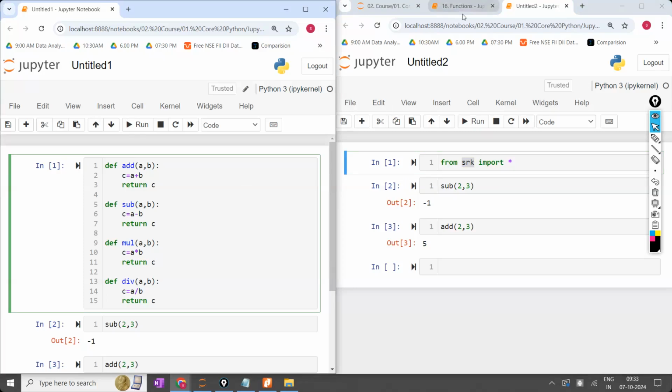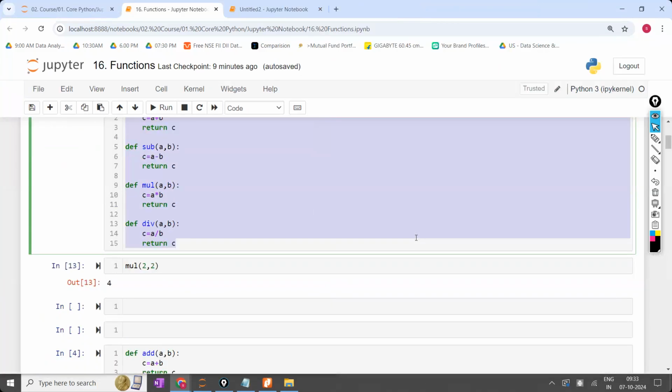Are the points clear as of now? Everything is clear? So the advantage of creating user-defined functions is clear? Once user-defined functions are clear, I mean, once you are done,